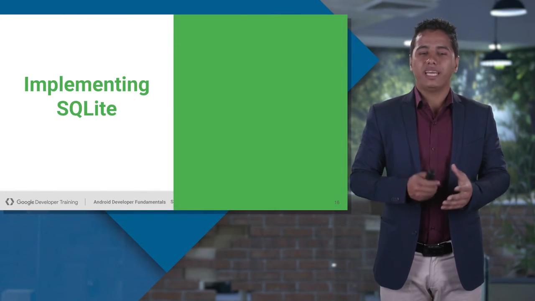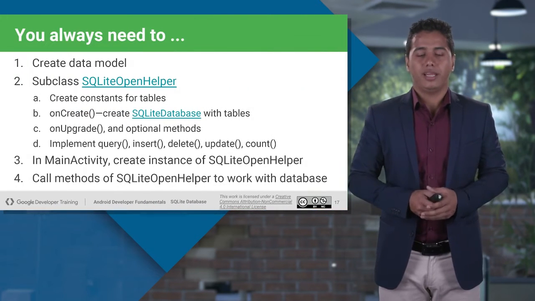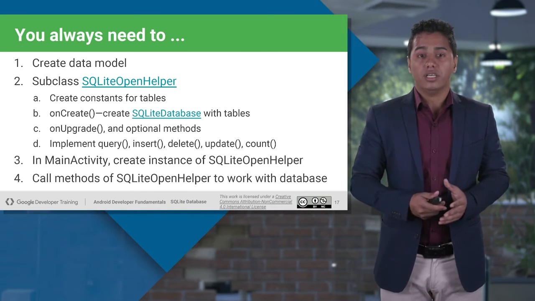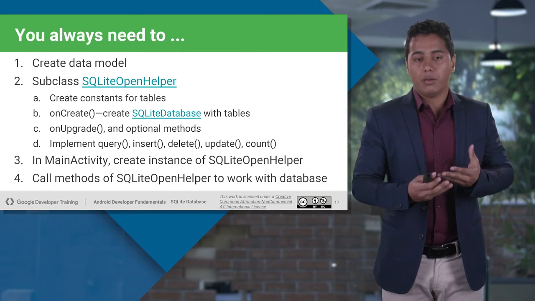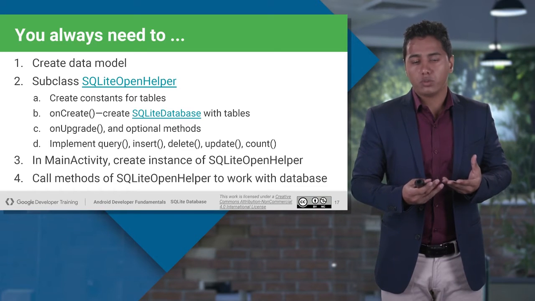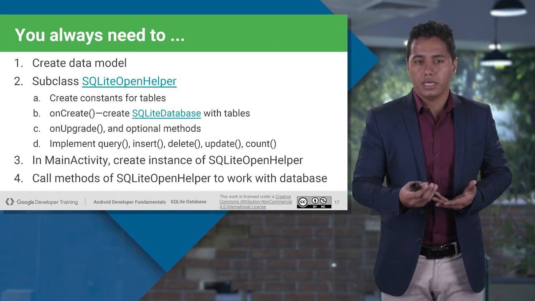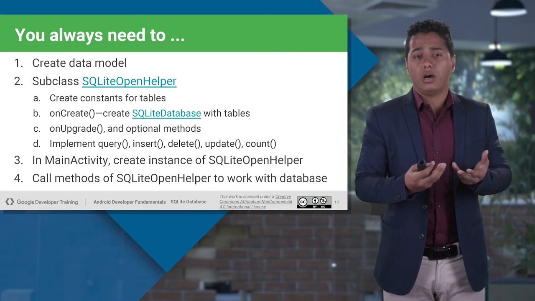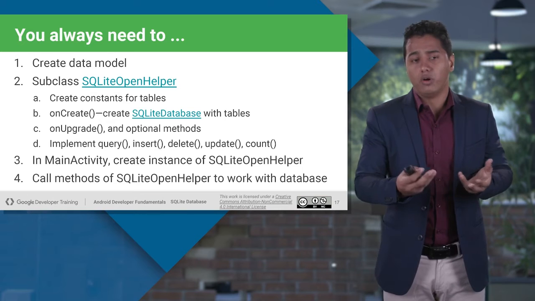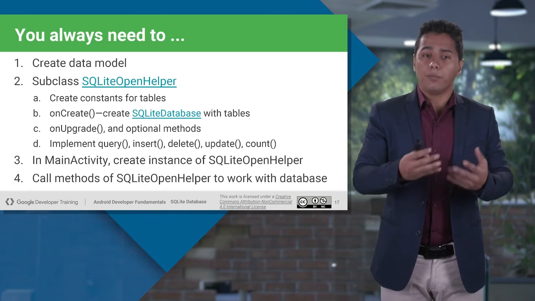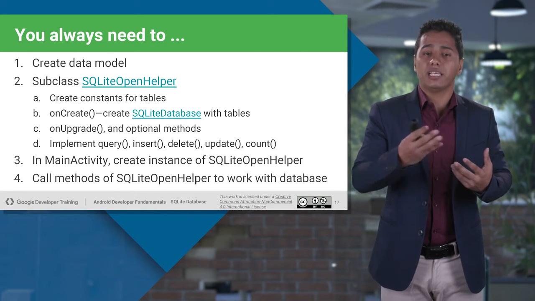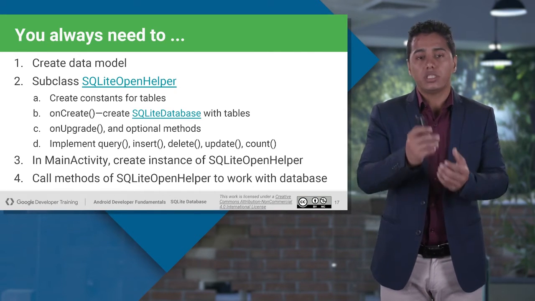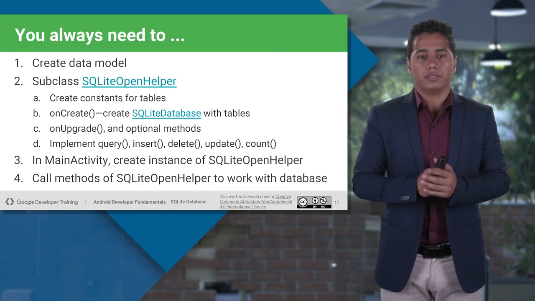Now let's see how exactly we can implement our SQLite database. First, we are going to create our data model class. A data model class will be the class which will provide me the data. It can be any class with the help of getters or setters, or it can be a simple Java POJO class, plain Java objects, right? And then you will be subclassing, or creating a class by extending, a class named SQLiteOpenHelper, because this is the class which is responsible for creating your databases.